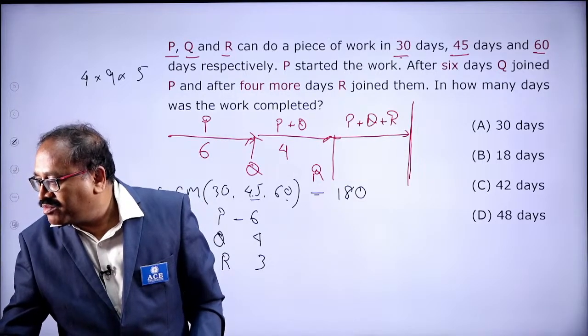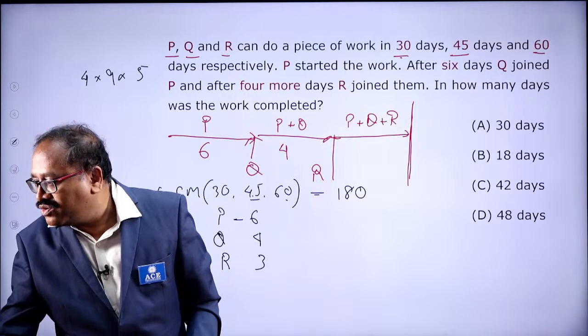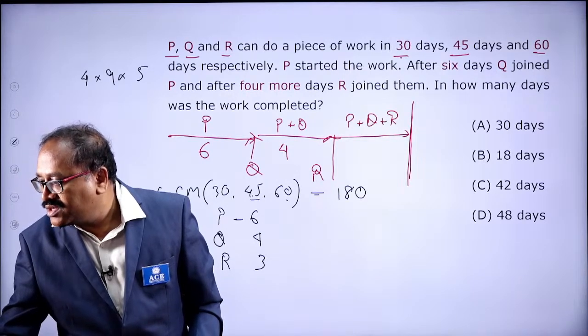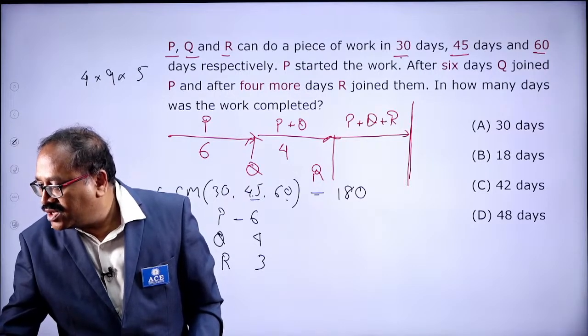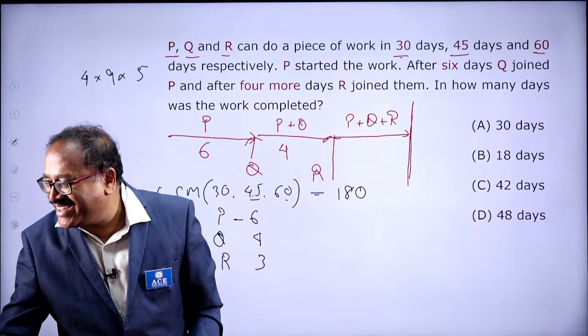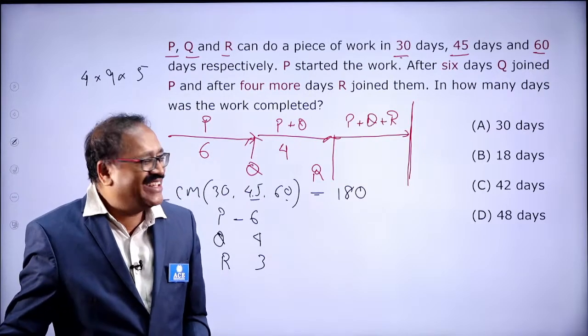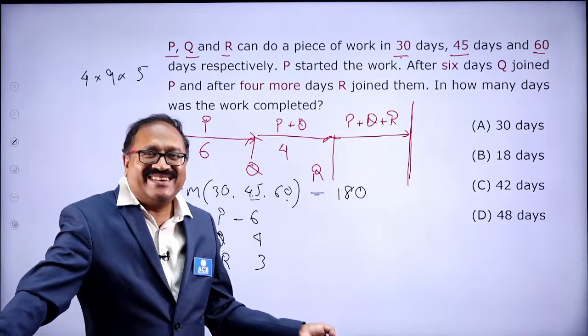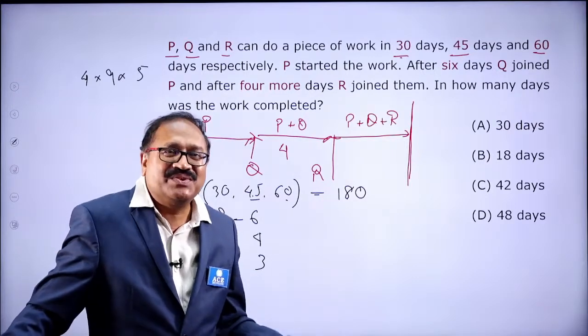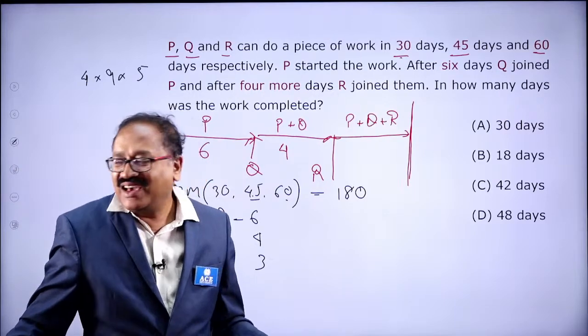you have written a comment. If A alone can do a work in 30 days, then together it has to be less than 30. So there is only one such option. Therefore option B. Okay, fine. So as I put the options differently, therefore you are getting it in this way. I really appreciate